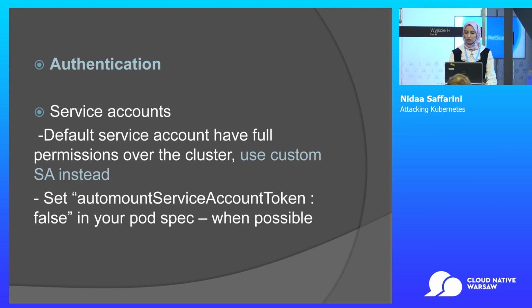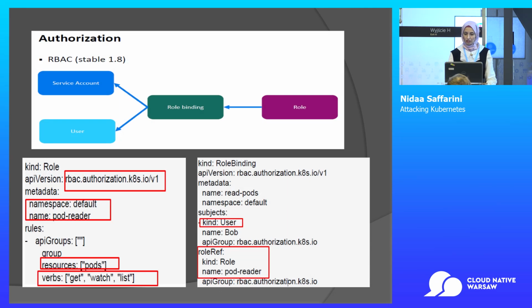For service accounts, the default setup for Kubernetes uses the default service account, and you need to change it to make a custom service account. Also, for authorization, when you connect the role binding with services, you need to determine the resource, the verb for these resources, and you have to connect it with the role binding in the right way to determine the user and only the rights that they have inside the role binding.